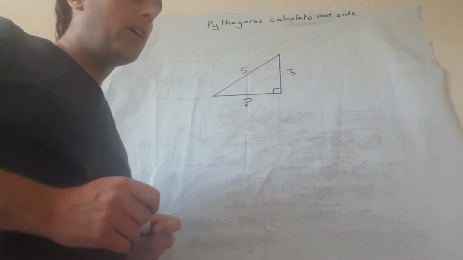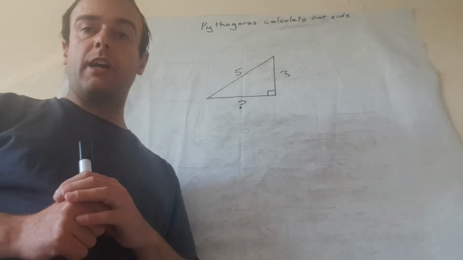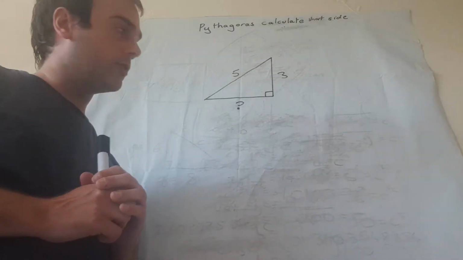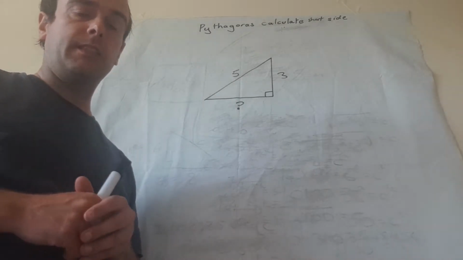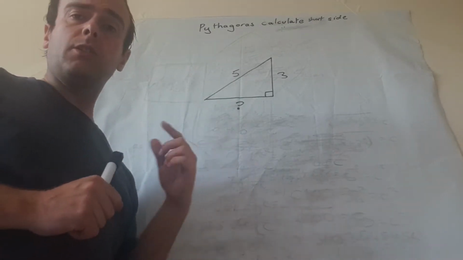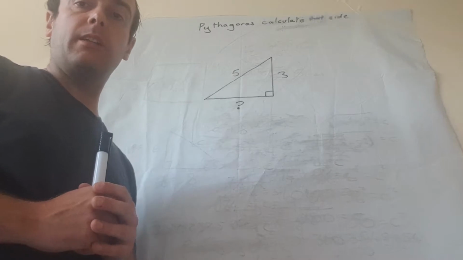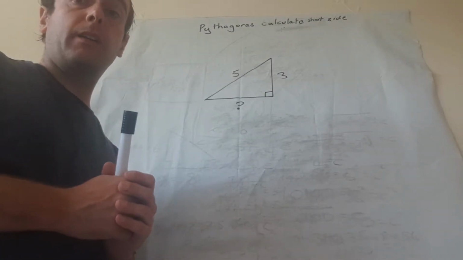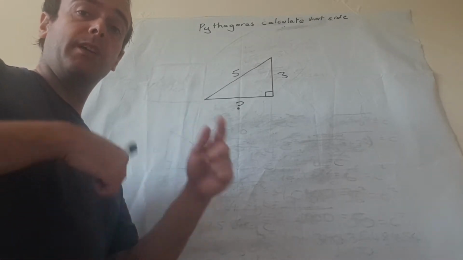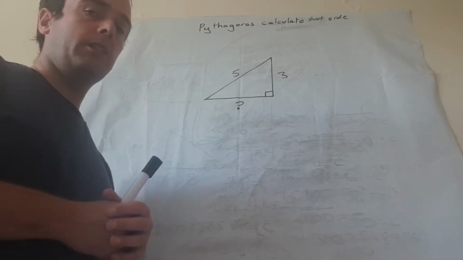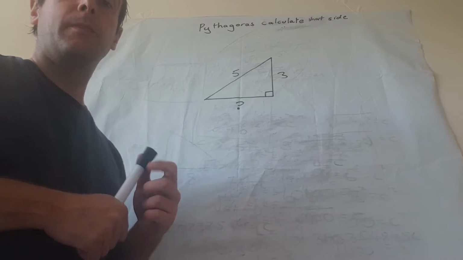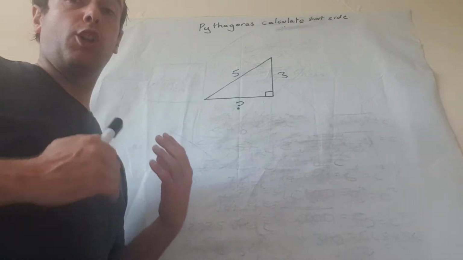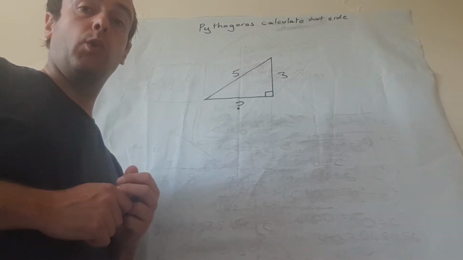Okay, so what we're going to look at now is calculating a shorter side length on a right angle triangle using Pythagoras' theorem. Also, what you may have noticed is that I've just turned this triangle back the other way, just to show you that it doesn't matter what orientation the triangle is, it can be any which way round you want it to be, as long as it is a right angle triangle and your C length is your hypotenuse, your longest length on the triangle. It's the one that's opposite